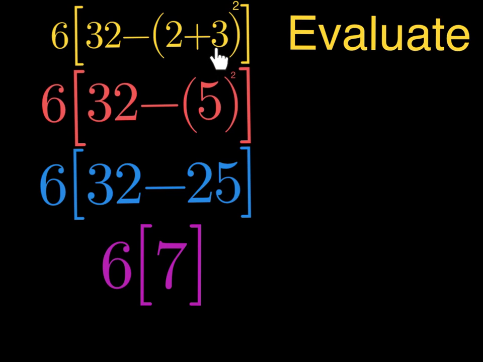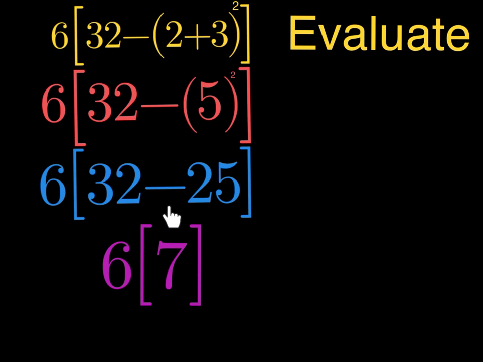So I have inside my parentheses 3 plus 2, and when I do that, I move down here to my red, I get 5. Okay, still keeping it within the brackets. That's where I need to keep my focus for now. I move on to my exponents, and I see that the 5 is squared. So when I do that, I get 25 down here in blue,